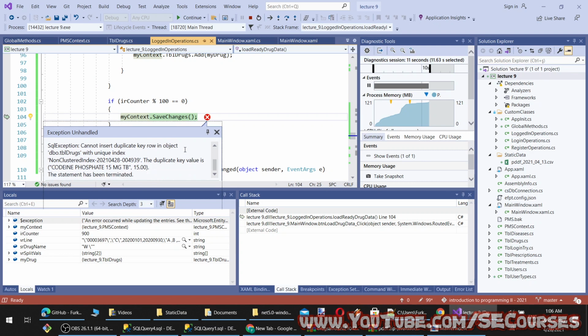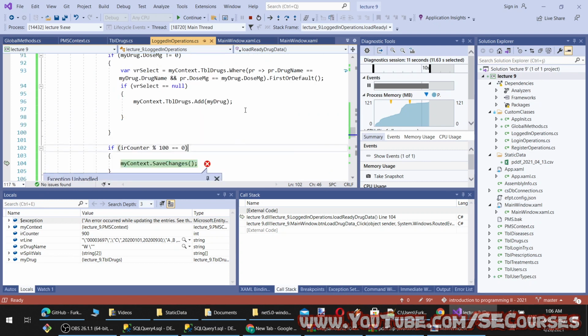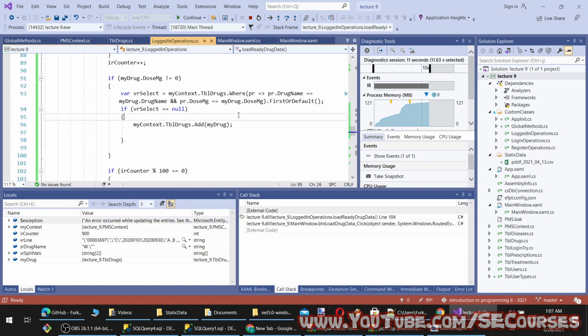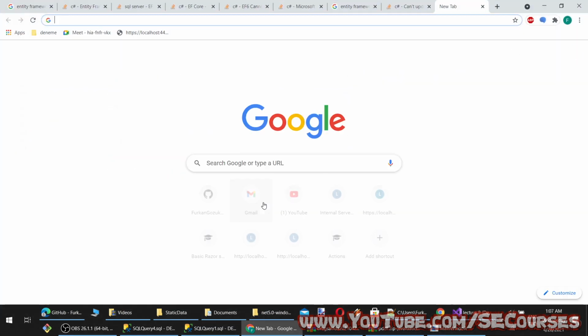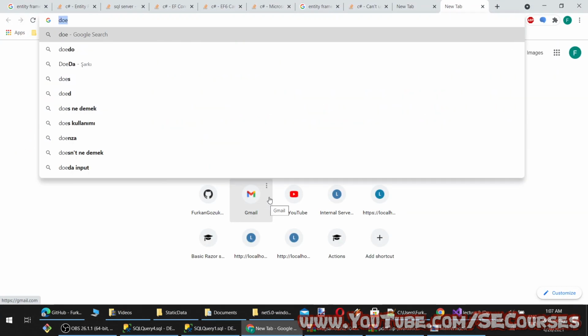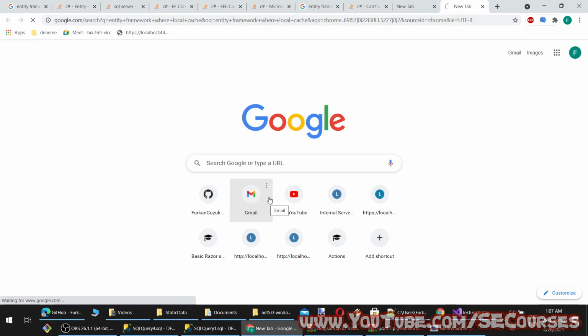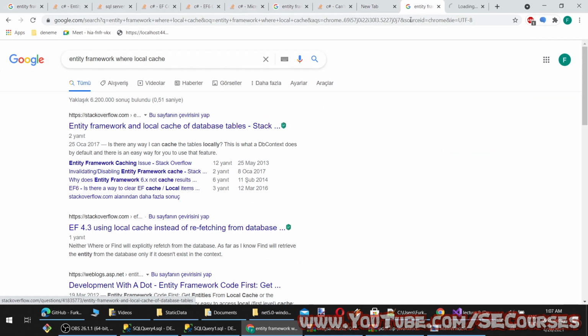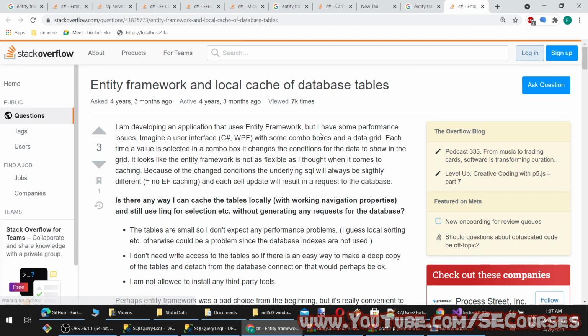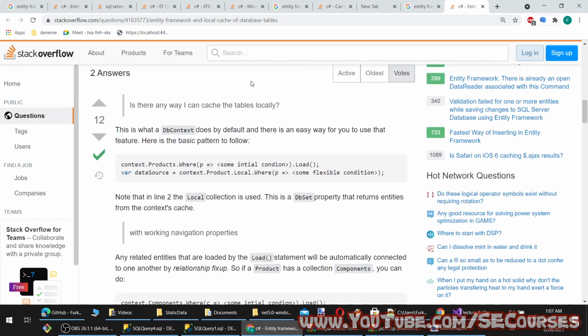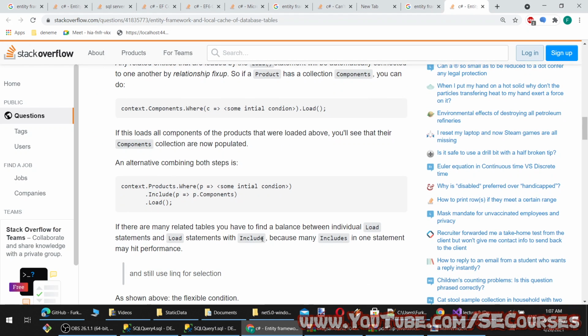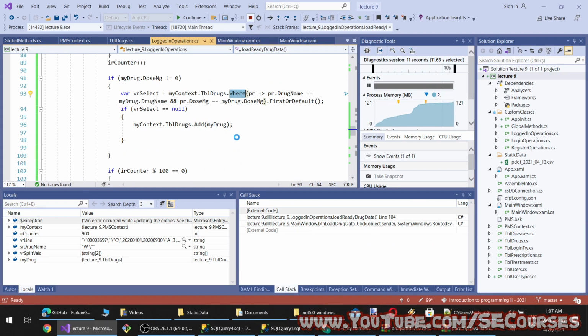Why do we still get errors? I know. Because this is not checking the local cache probably. I think I also need to check local and